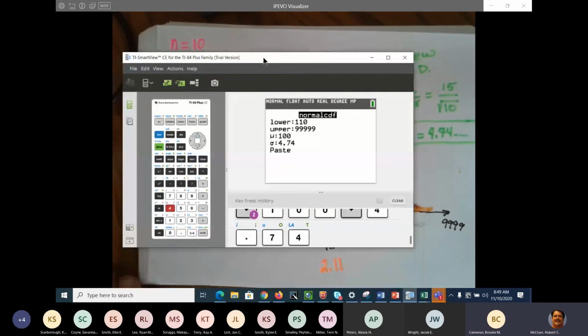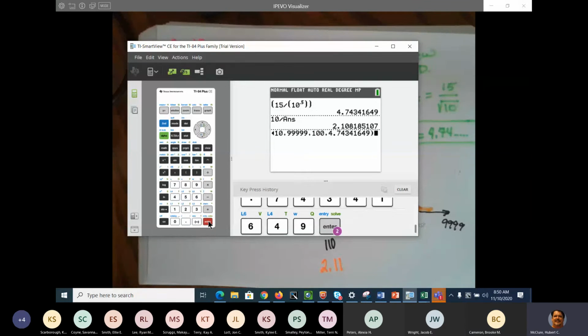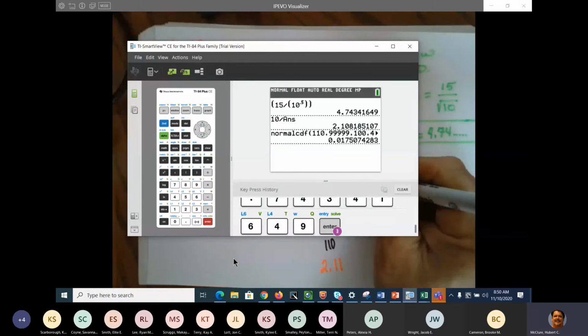Did anybody write it out? Yeah, it's 4.74341649. You are special, Miss Cameron. Enter. And enter. 0.0175. So your area right here is